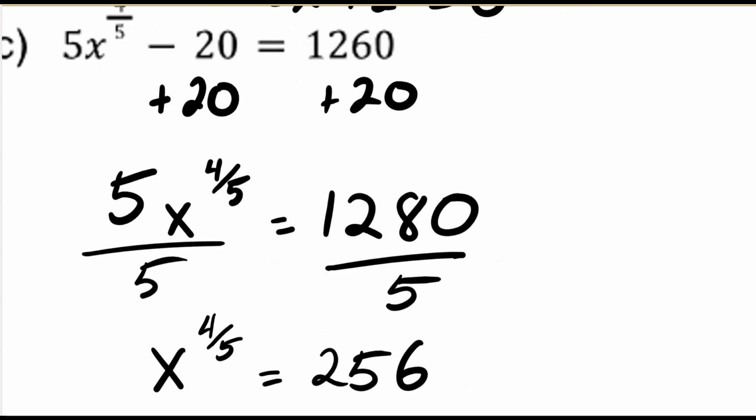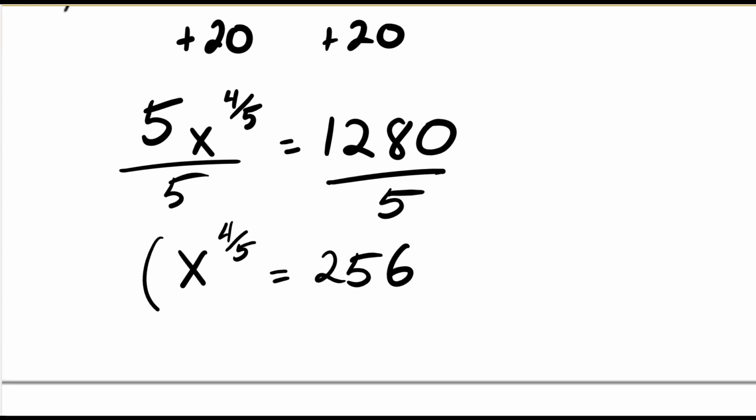So now I'm going to raise both sides to the reciprocal power, raise this to the 5/4, and raise this to the 5/4. And this is the most common mistake I see. I want you to be thinking about what this rational exponent means. It means to raise both sides to the 5th power and also take a 4th root. So when I'm taking a 4th root, that's an even indexed root. Imagine doing that in 2 steps, right? If I raise both sides to the 5th,